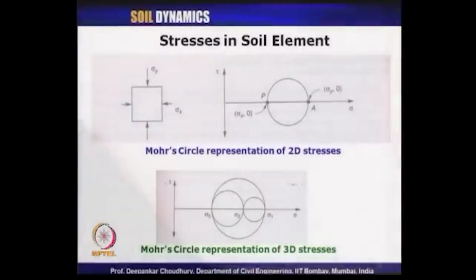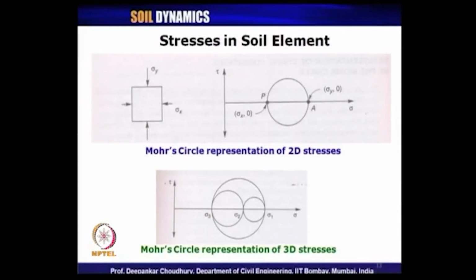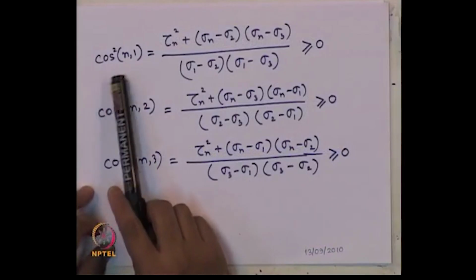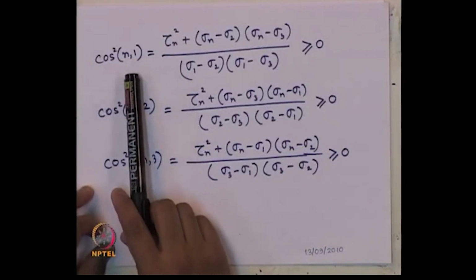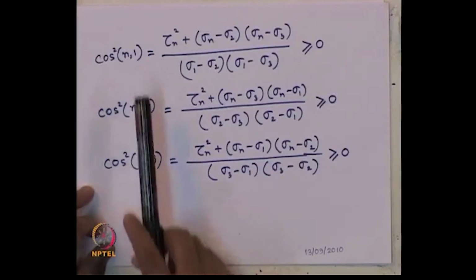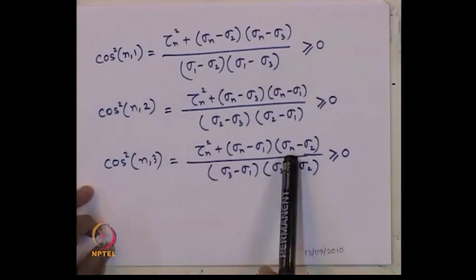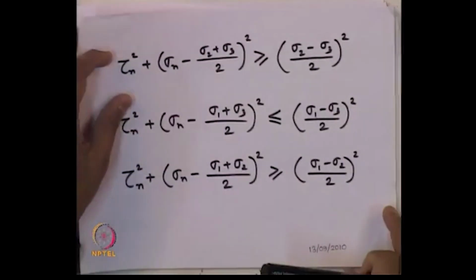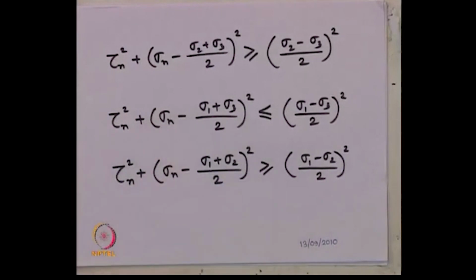We have seen, and from which we had derived the expressions for cosine square of the angle of that nth plane with respect to principal stress direction 1, 2 and 3 to satisfy these conditions, from which finally we got the expressions like this,